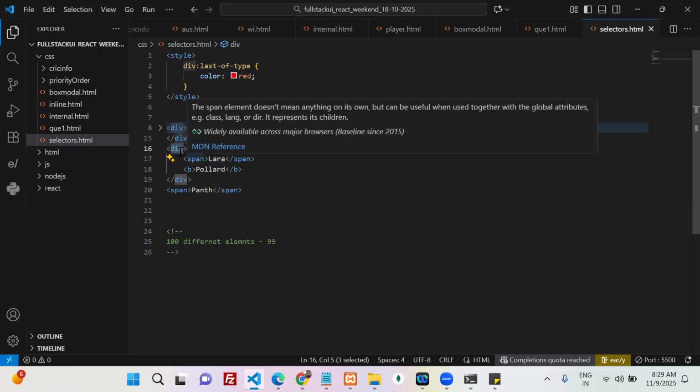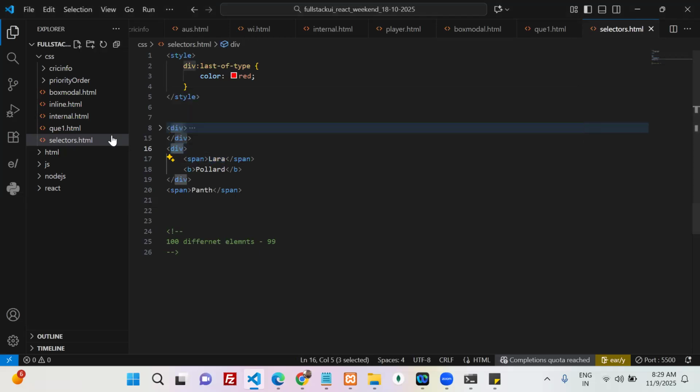I want to travel here. Parent to children. Tell me, which selectors are there? Parent to children: greater than, or space. Yes or no? So whenever I write greater than or space, greater than means